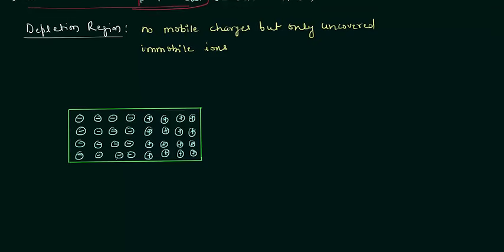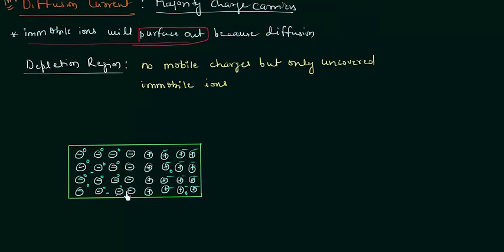Holes are the majority charge carriers on the P side, and electrons are the minority charge carriers. In the same way, on the N side we have electrons as the majority charge carriers, and holes as the minority charge carriers. Now the electrons and holes have recombined in this region, so we are left with